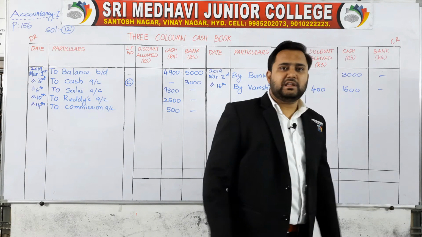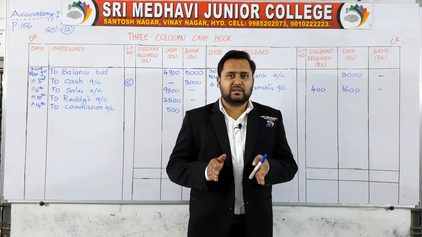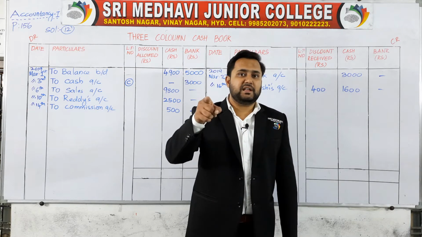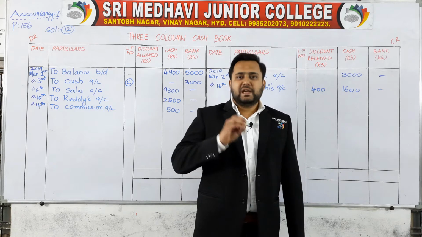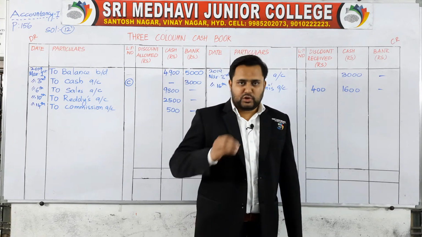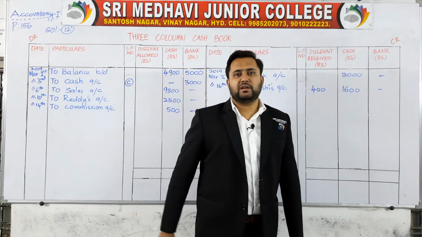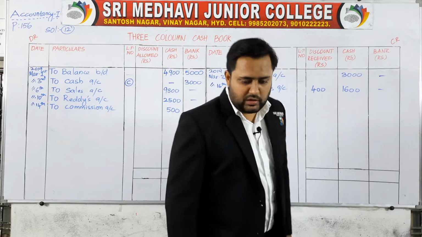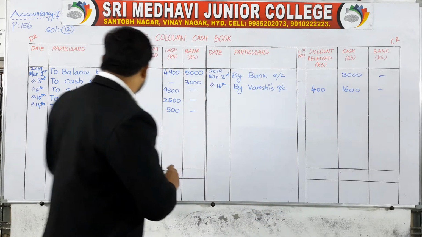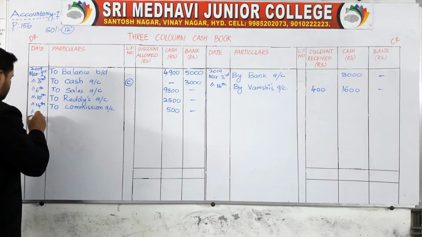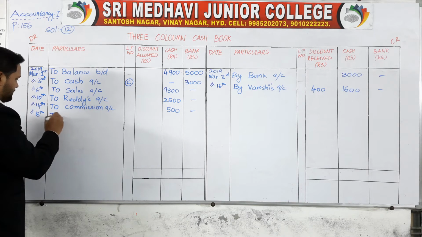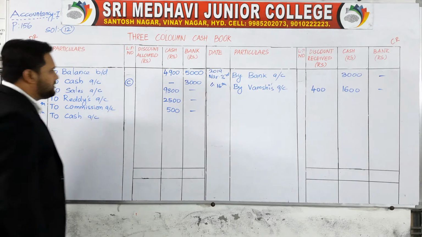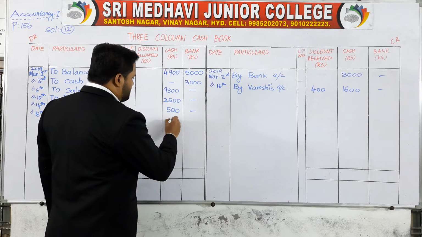Here on date 18th, the check received on date 10th from Reddy is going to be deposited. He received it on date 10th, now he is depositing, which means cash deposited into bank, which means paid into bank. For this, the contra entry will be to cash by bank. So what is the date here? Date 18th, to cash account. How much? You should not write in cash.